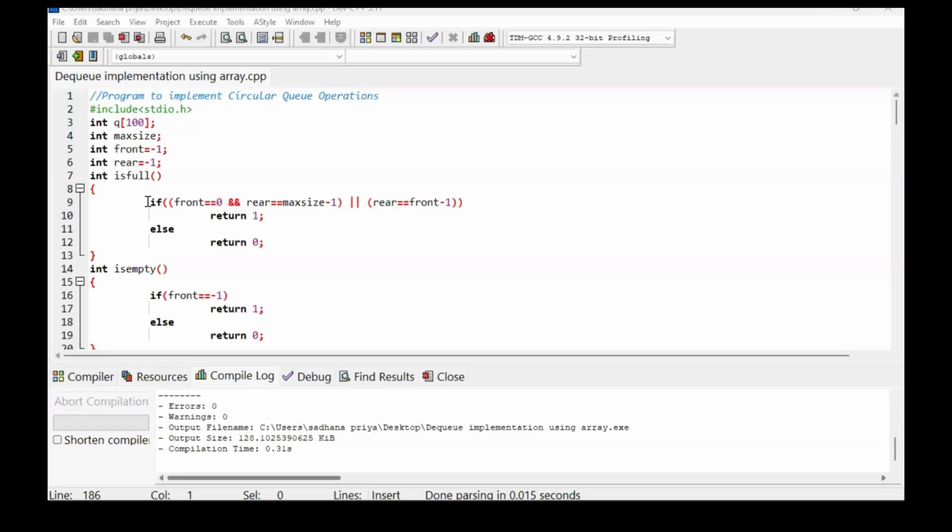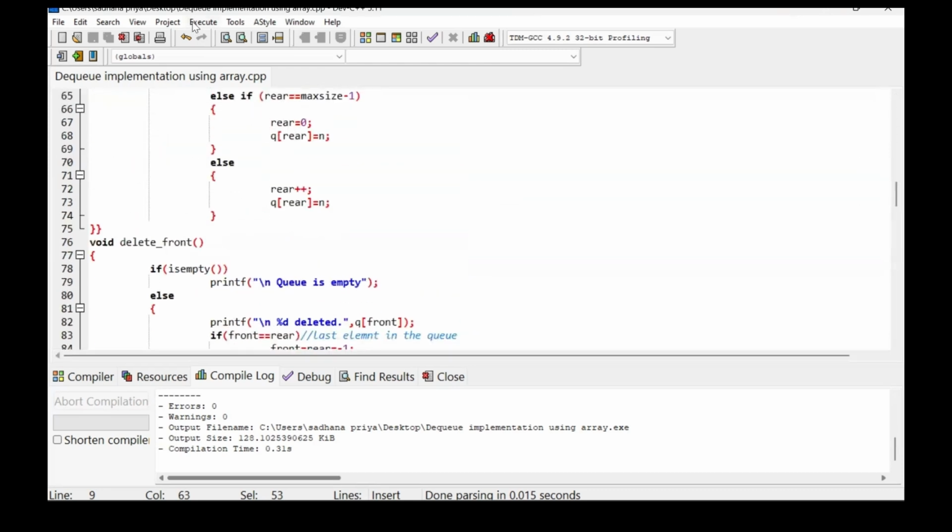I did the correction because in this line we did so many wrong things. This operator I made an AND operator. Here also I made the front equal to max size. No, this is the actual correct answer. I don't know how I made such a big mistake, but anyway, right now I rectified this one, and if we run the program,